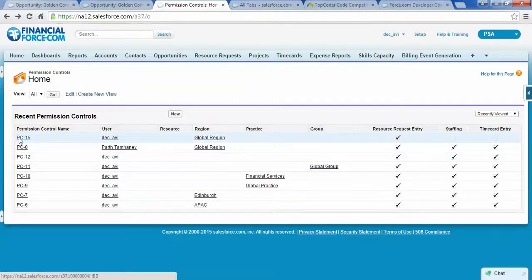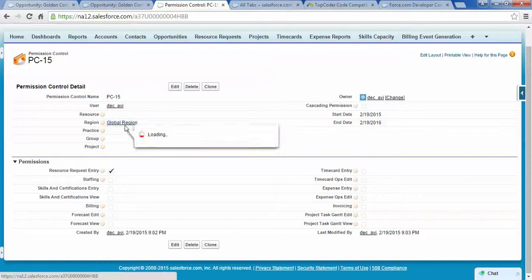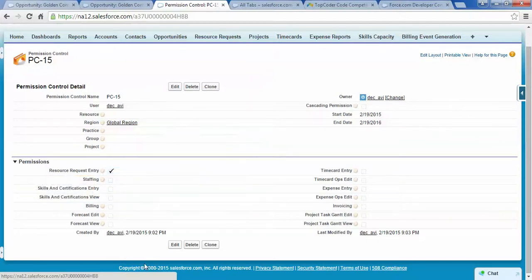If you open it, you can see I have a control on global region. This start date and end date is mandatory, because if you don't put anything, you don't have any permission. And you can see the request entry is checked. That means I am allowed to create request resource entry for global region. If you don't have any entry, then you are not allowed to create anything. That's why